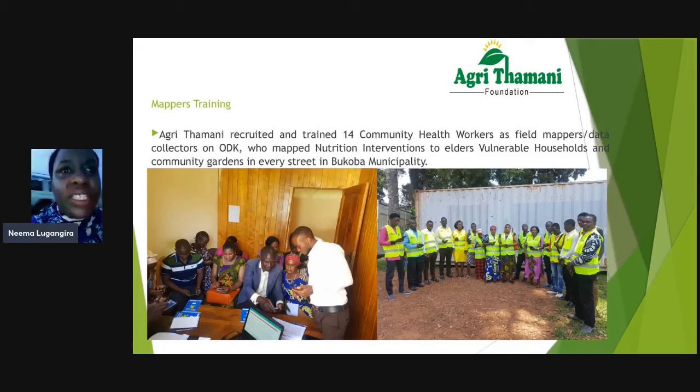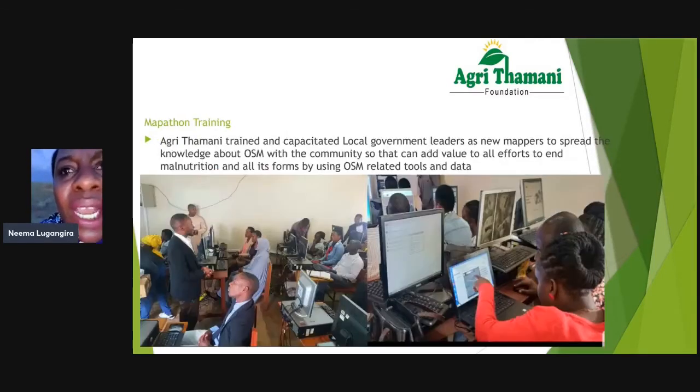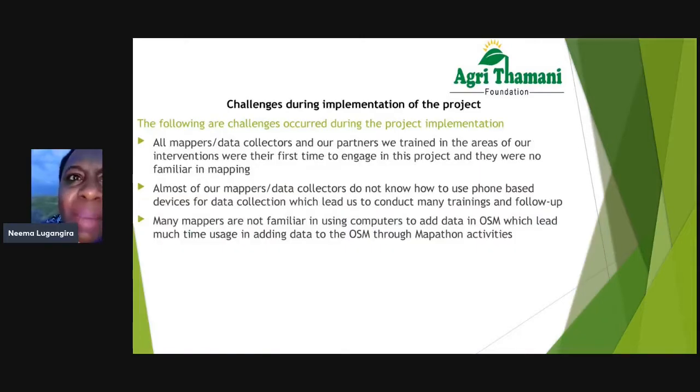Then on the other hand, myself being a member of parliament, I started asking myself, there have been lots of initiatives towards data mapping, lots of different mappers covering different kinds of areas. But this data and this information, I had never come across it prior to Agri Thamani being involved in a data mapping project. So it started hitting me that it's very important for ourselves as data mappers to aim that the data we mine needs to reach legislators, because otherwise, we have very good data, very good findings, but then they're not used to inform decisions.